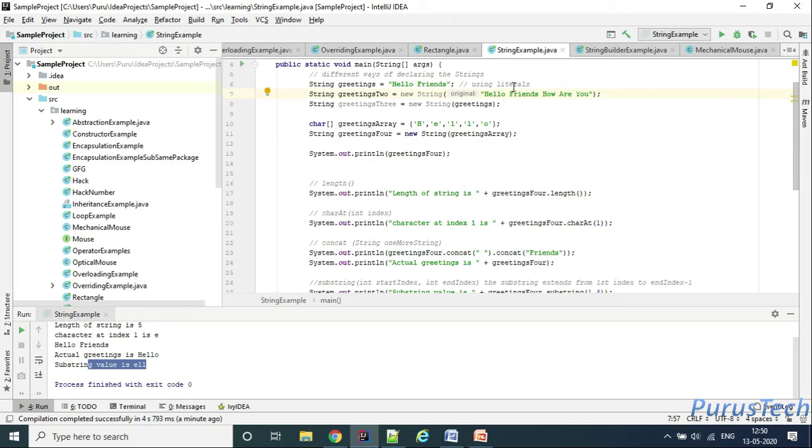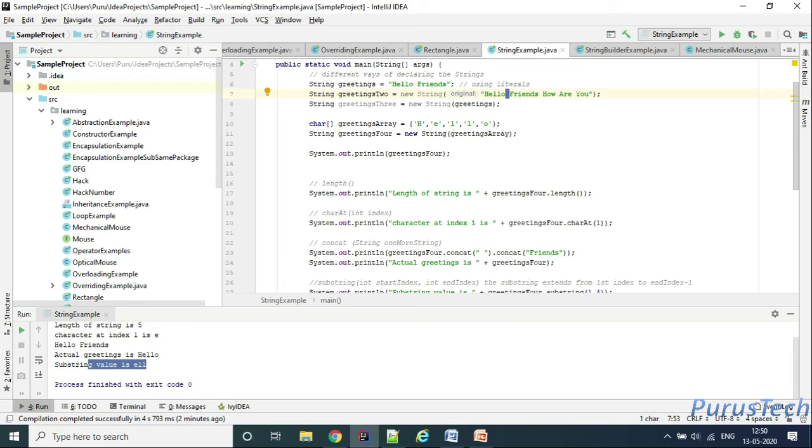If I do a split on this string using a regular expression, space, we will cover regular expressions in a separate session, so don't worry about that. For now we'll take a simple character, that is space. By using space we will split this string. If we split by space, it will return the words separated by space.